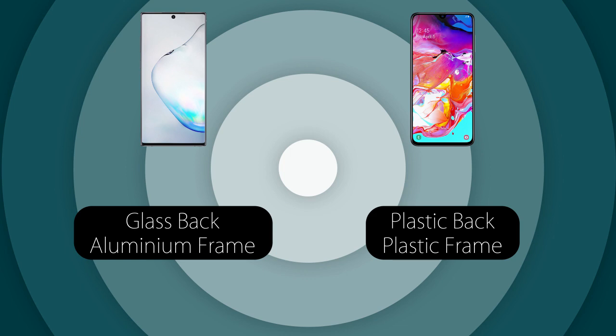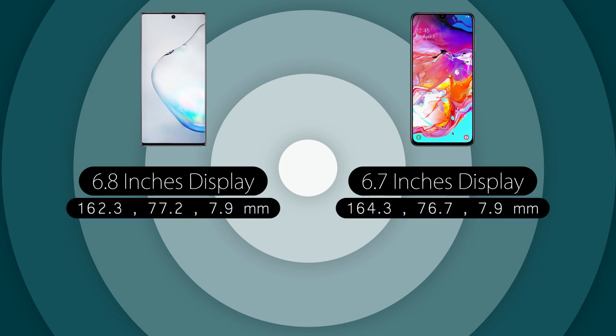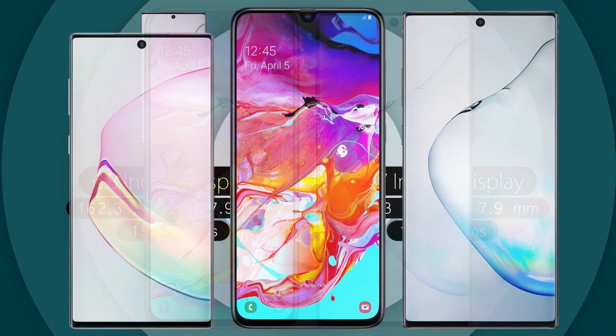So obviously the Note is gonna feel good in the hand, while the A70 will have an advantage in terms of durability. The screen will be 6.8 inches diagonally, being 19 by 9 in aspect ratio on the Note 10 Plus versus 6.7 inches on the A70, being slightly less wide, 20 by 9 in aspect ratio. So both phones will be pretty large and easily need two hands to use, and here's the smaller Note 10